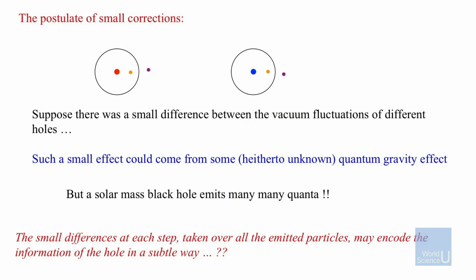We did say a pair came out of the vacuum, and the vacuum is the same for a star of one kind and of another kind. But in any case, there could be a small difference between them, because the vacuum of one could have some small long-range effects. We said this is very far from this. Could be 3 kilometers for a solar mass black hole. There could still be small differences. I've drawn some rather large differences here, but just to show you. But they could be a little bit different.